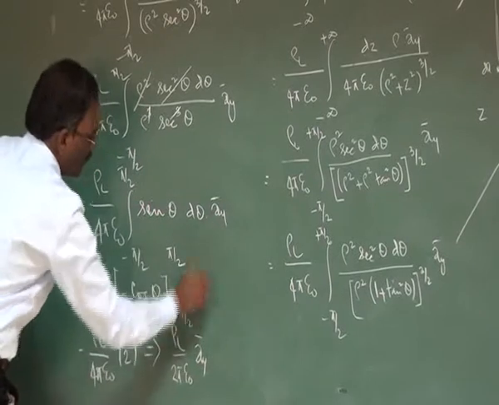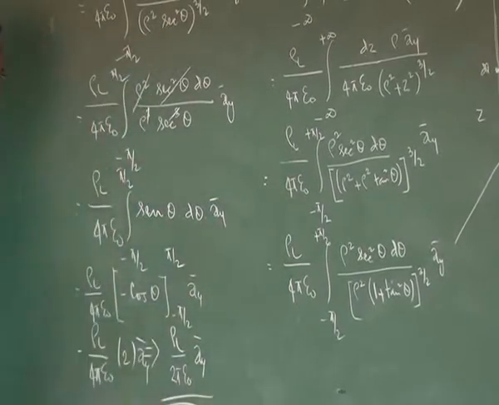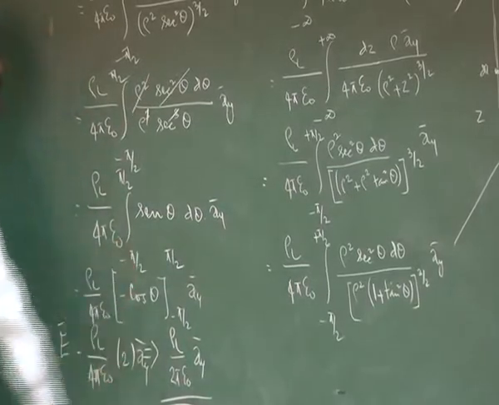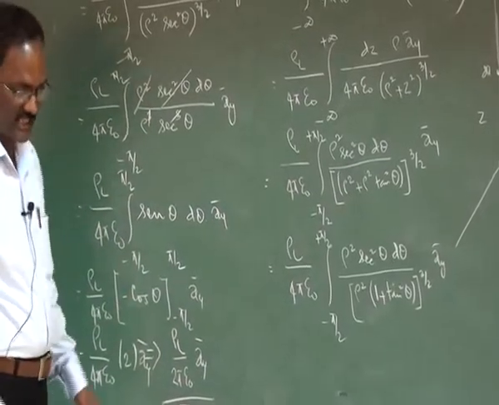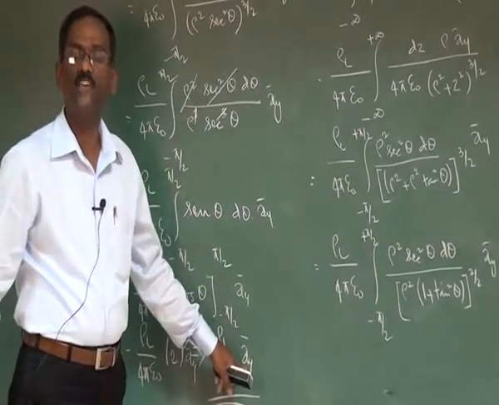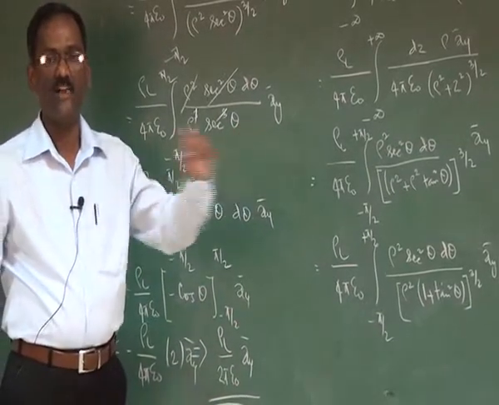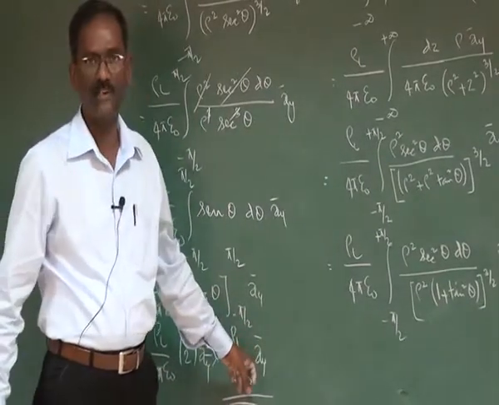Here the unit vector a_y bar has to be brought. So this is the result, E value due to an infinitely long straight conductor at one particular point, right. Look at the unit vector, this is a_y bar. Since I have considered one point P on the y axis, I am getting a_y bar.